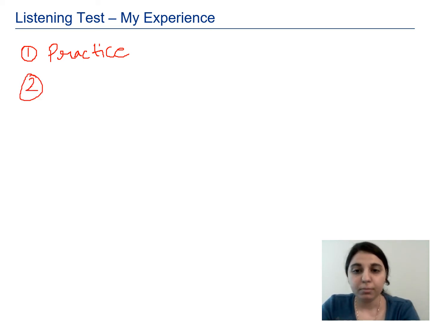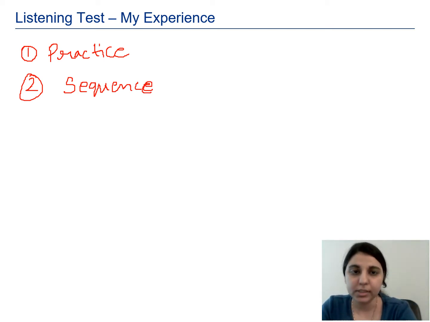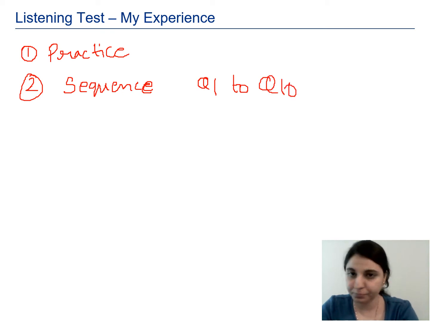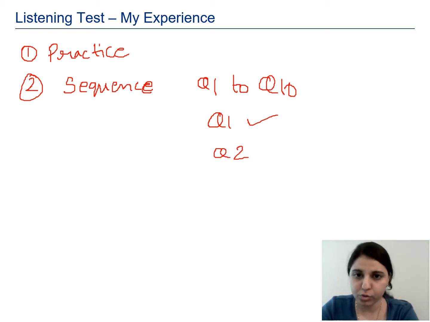The second thing that I want to talk about is sequence. Say for example, you are hearing an audio and you are going to answer questions from question 1 to question 10. Now you get the answer to question 1. Fair enough, very good. You go to question 2, you get that answer also, fantastic. Now you go to question 3,